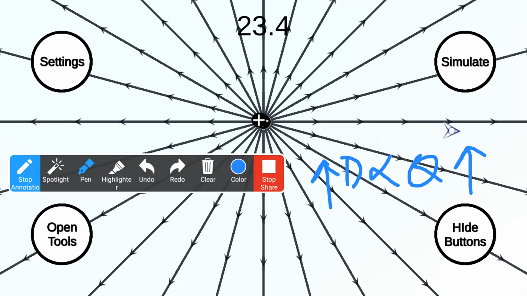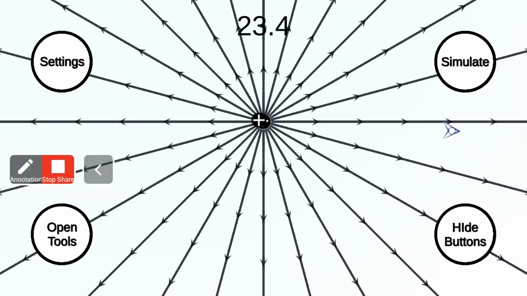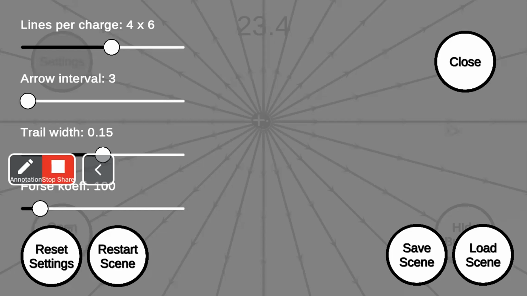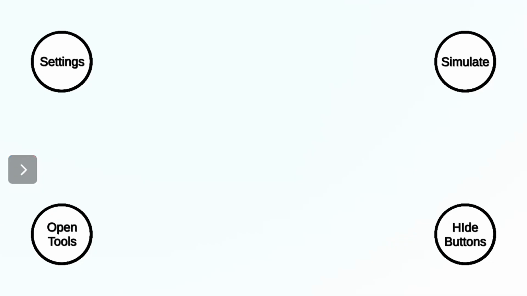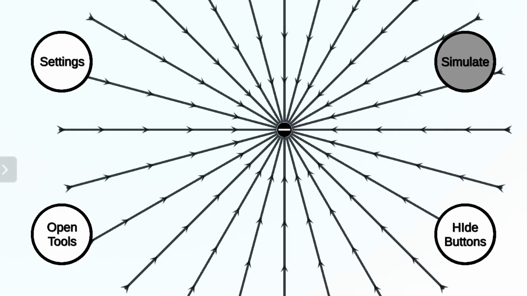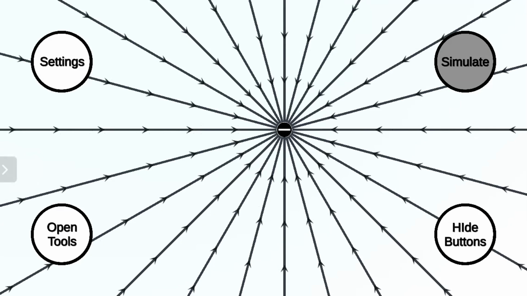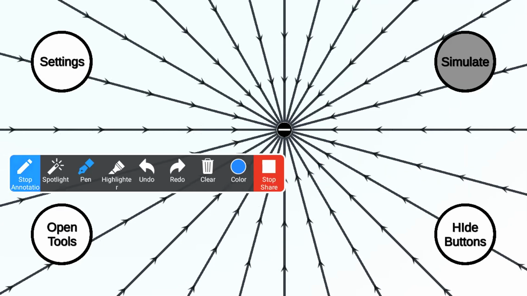Then I will see what is the effect of a negative charge. Are you all getting what is happening? Once I put the negative charge, the electric field is coming inside the charge. You see the arrow mark. In the previous case, the arrow mark was going outwards. In this case, the arrow mark is coming inside. All other definitions are the same. Field strength, flux density, everything is the same formula. Only the direction of the lines will be changed.